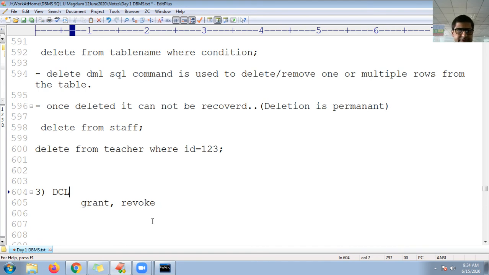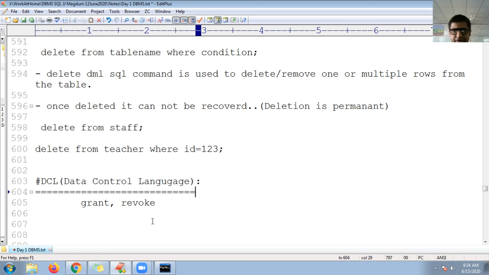Okay, guys. Data control language. Here you can see the commands for DCL.